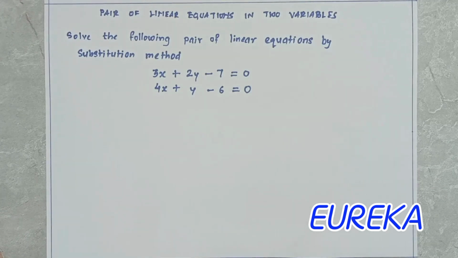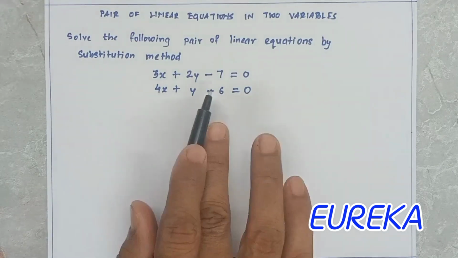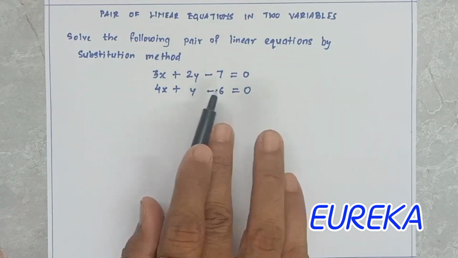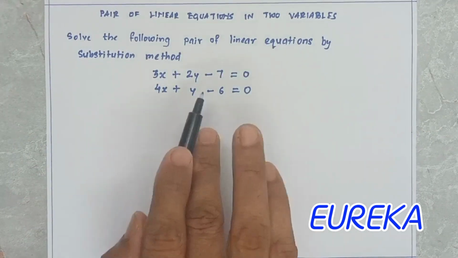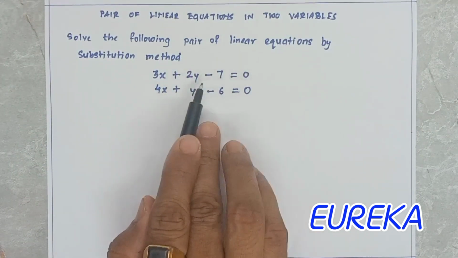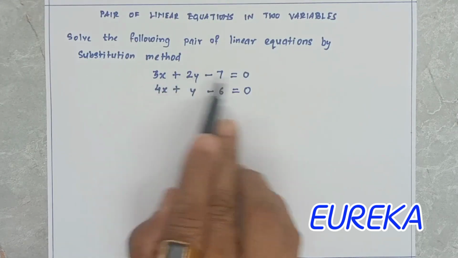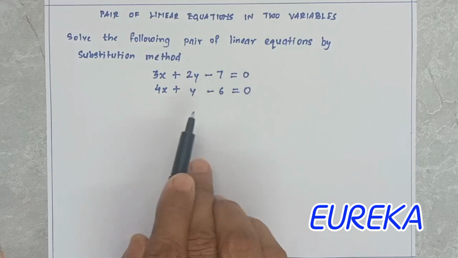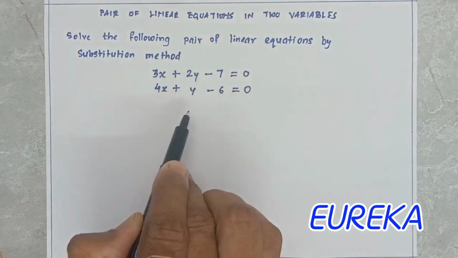In the substitution method, first we take any of the two equations. In that equation we try to get the whole equation in the form of one variable. For example, suppose I am keeping the y variable on one side only, so I'll send all the remaining terms and the factors to the other side, and then that value we will put in the second